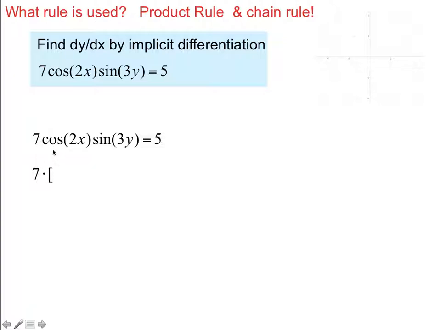We've got 7 times, and now we're going to do the product rule here along with the chain rule. So outside derivative is minus sine 2x. Remember, when we do the outside derivative, we leave the inside alone. And then we go times 2, because that's the derivative of the inside. So that's the derivative of the first, and then we have to go times the second, plus the first, and